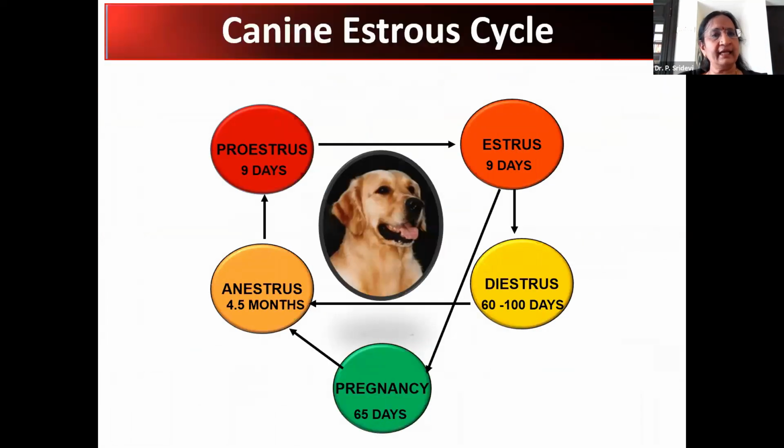So now this is a slide. As I said, I've always been giving you these slides in the previous sessions too. Dogs are very unique in that they have the longest estrus cycle when you compare to any other species. And each stage of the estrus cycle is also very long. Now, for the first few lectures, I've always been talking about the first two stages, namely proestrus and estrus. As I told you, it's time for me to move on to the next stage, which is going to be